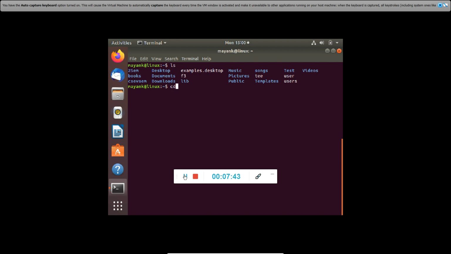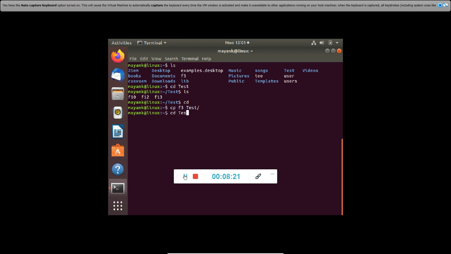Let's see what is there in the test directory. So the test directory has got f10, f12, f13. There is nothing by the name of f3 in the test directory. So we copy it by the cp command. So I write cp f3, I am copying f3 from the present working directory and I am sending it into the test directory. So I will put a / after test and f3 would be copied to test.